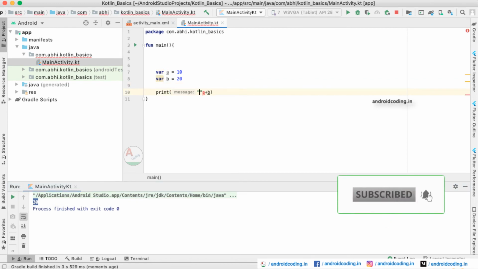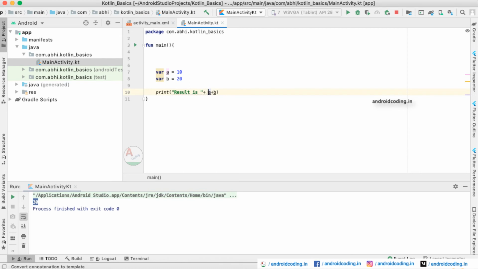So here we will add "result is", and you need to add a plus symbol again. Now try to print the data. The result is 1020. Why? Because it is considering everything as a string, as we saw in the previous example, where we declared welcome plus ABC plus to Kotlin.